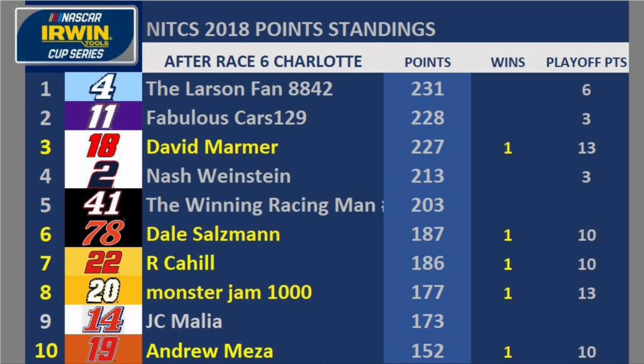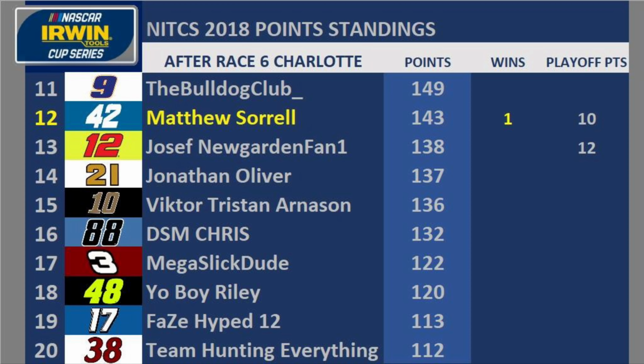And then we have Martin Truex Jr. in 6th, Joey Logano, Erik Jones, they all have wins. And then Clint Boyer with a solid start to the season in 9th. And then 10th is Daniel Suarez, rounding out the top 10. And you can see Chase Elliott, Kyle Larson, they are the first 2 Chevrolet drivers in the standings. And then we have Ryan Blaney, Paul Menard, Aric Almirola, and Alex Bowman as he's plus 10 over Austin Dillon